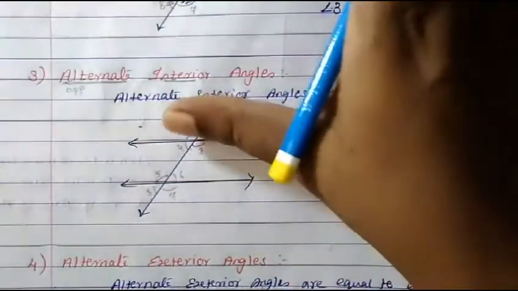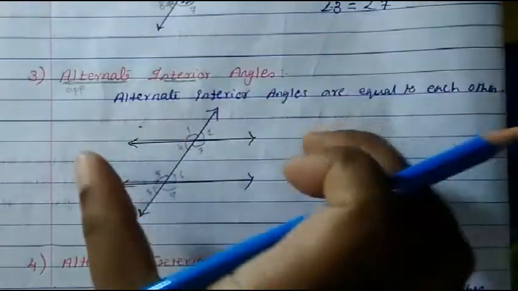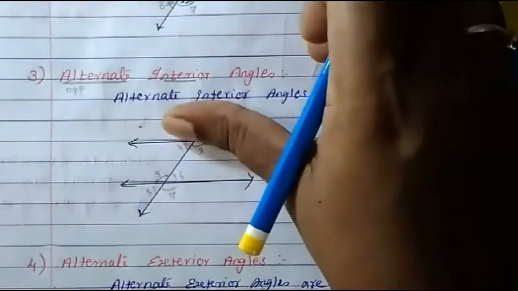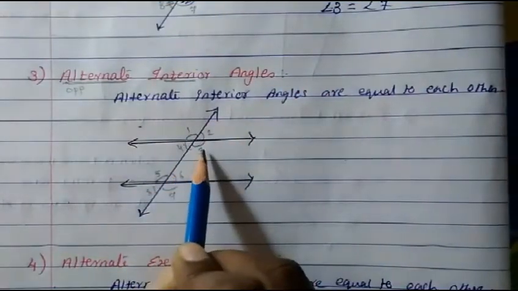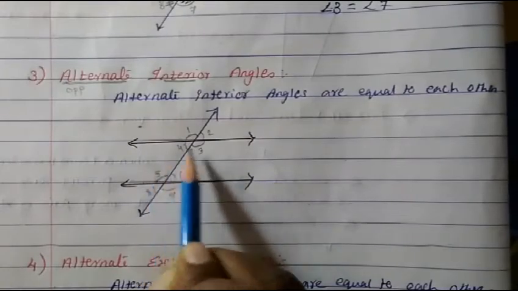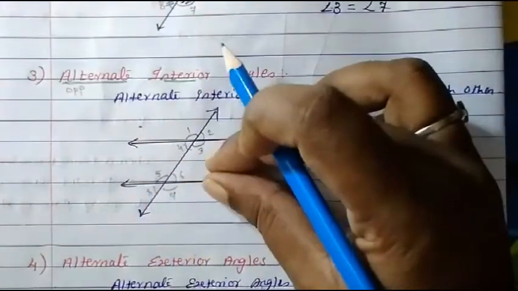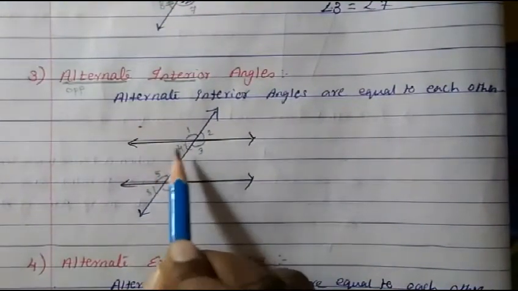So that means you have to leave this part, 1 and 2 you leave, because this is outside, because these two lines are there. This becomes outside, this also becomes outside. So interior means 4, 3, 5 and 6. They are inside, within these two lines, these angles are inside. So interior means you have to look only at this.